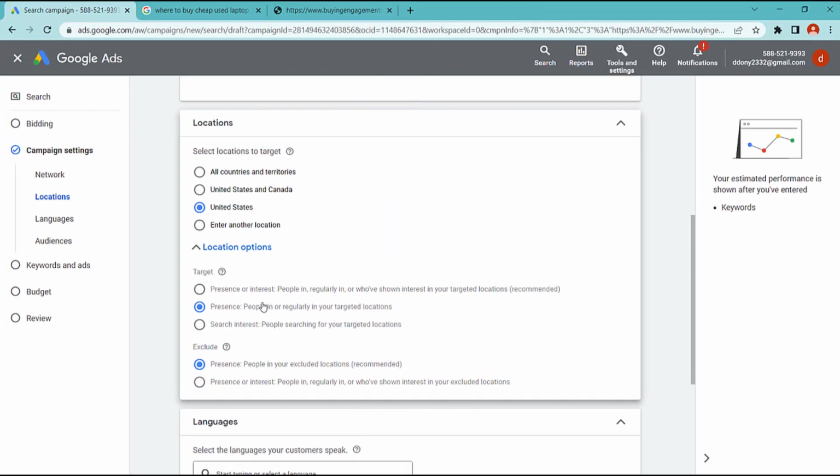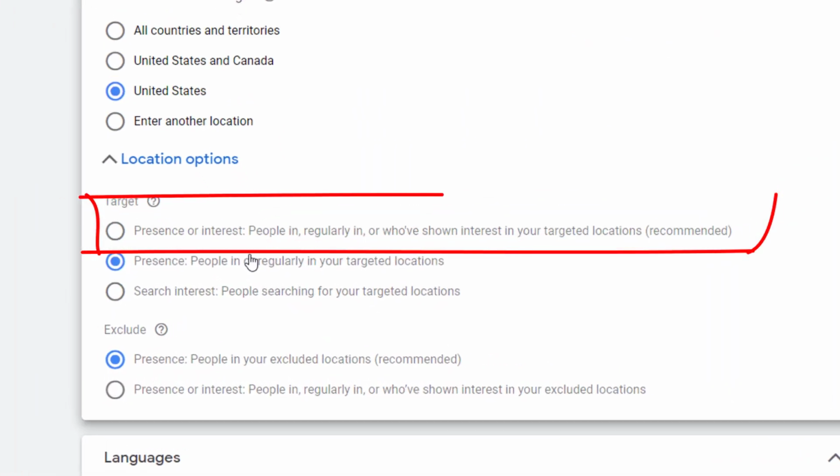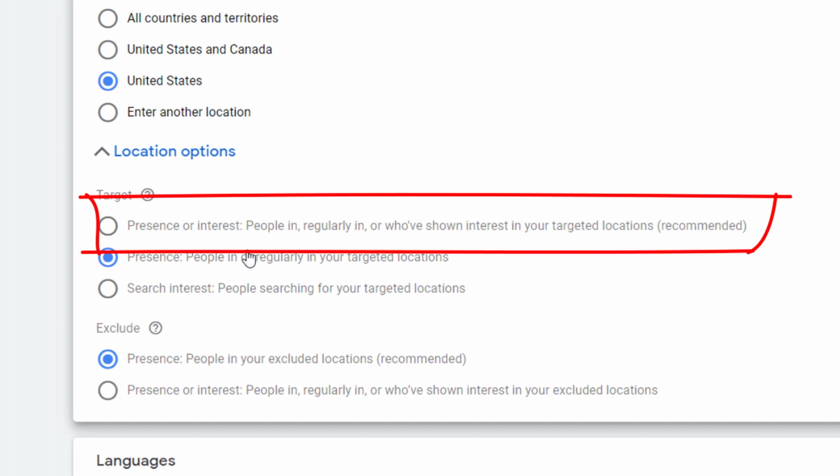If you choose present or interest people, it could be that these people don't live in the location that you target, but have interest in your product or your services.